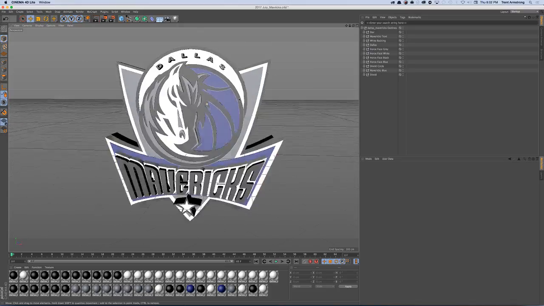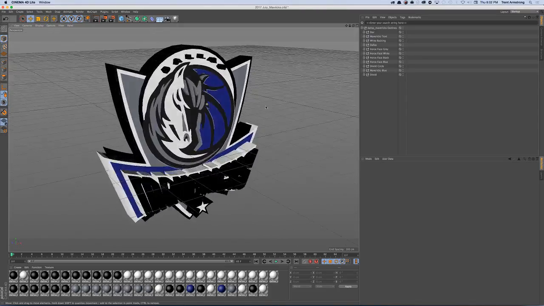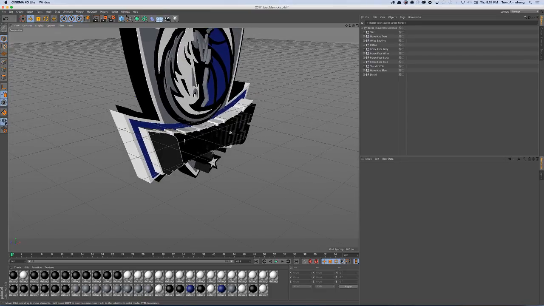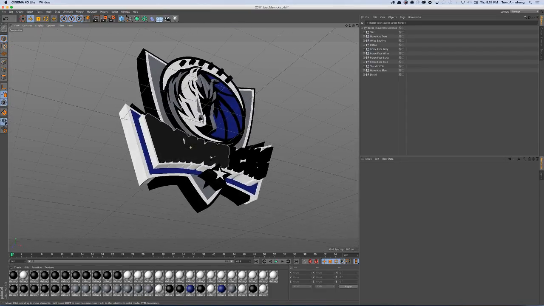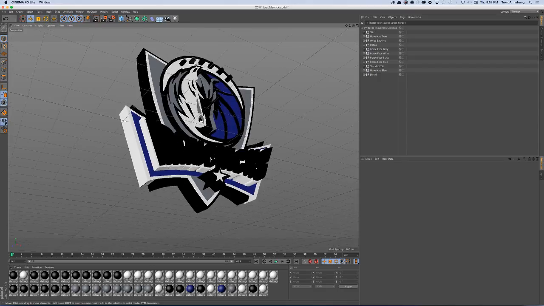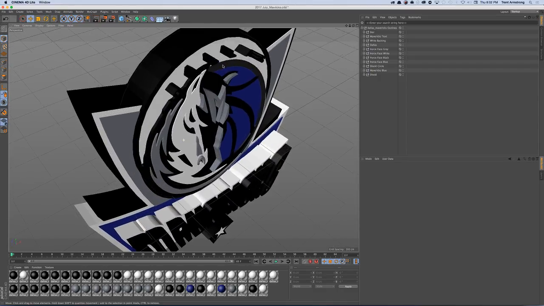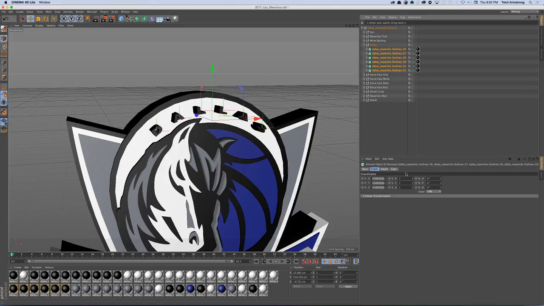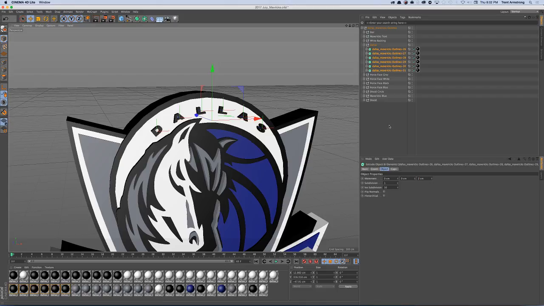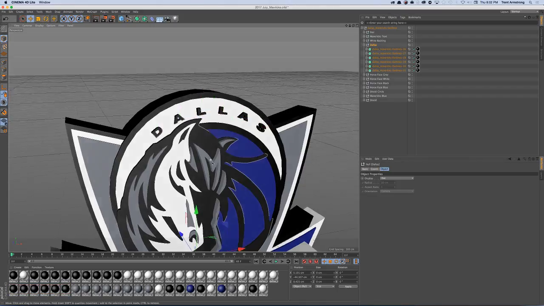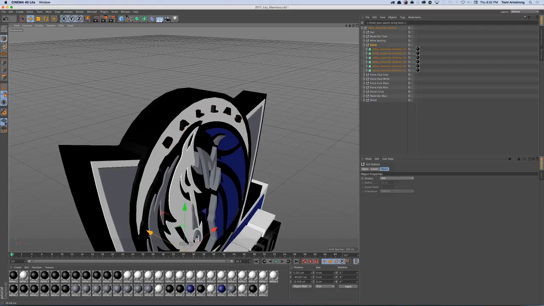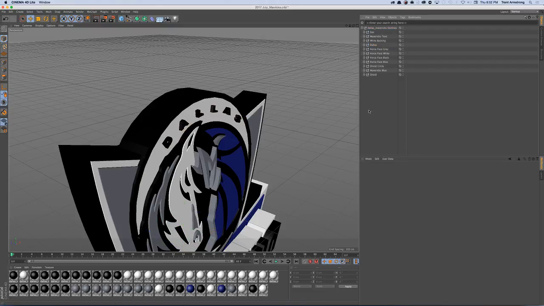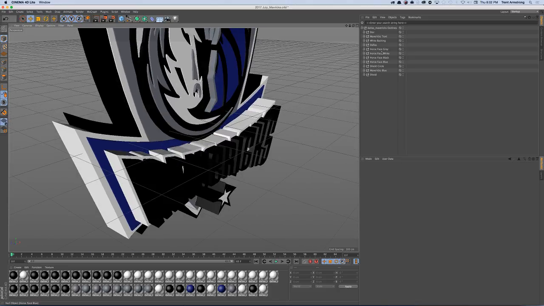Okay, so now that we've got that, let's make some of our extrusions a little bit different. Most of this is pretty good, but you can see the Mavericks part is a little too thick for my taste. The star and the Dallas part is a little too thick. So let's go into Dallas, and let's make these a little less thick. Let's go to like 2 inches. And then we're going to take this whole Dallas area, and we're going to bring it back in the Z space. And then let's make this white